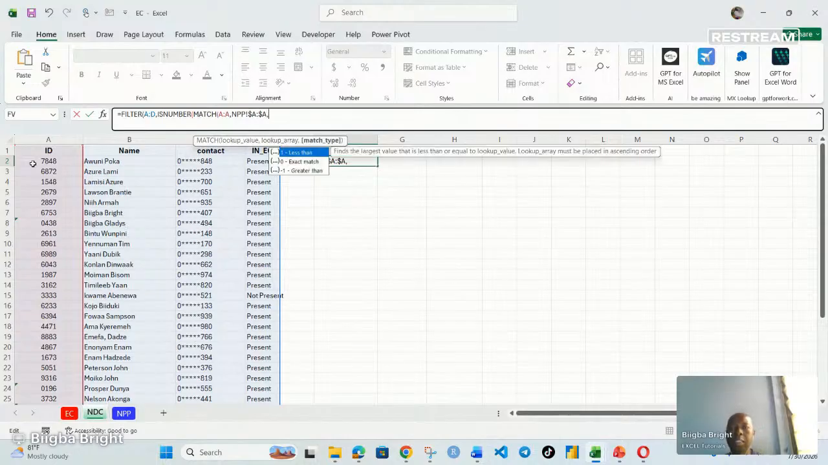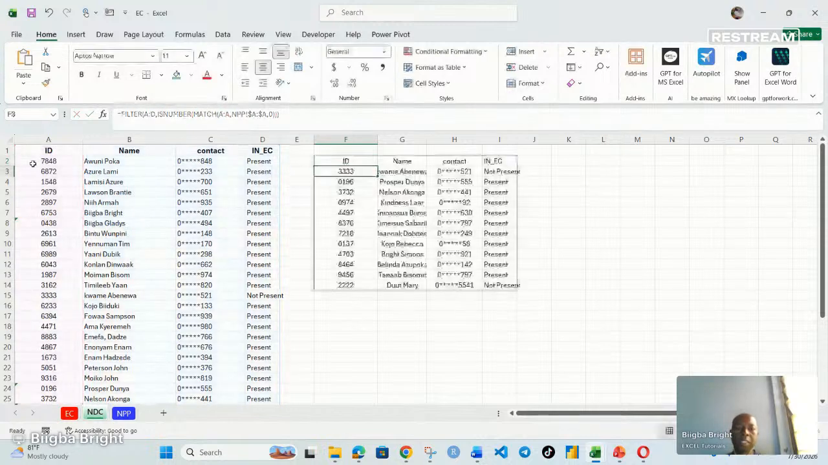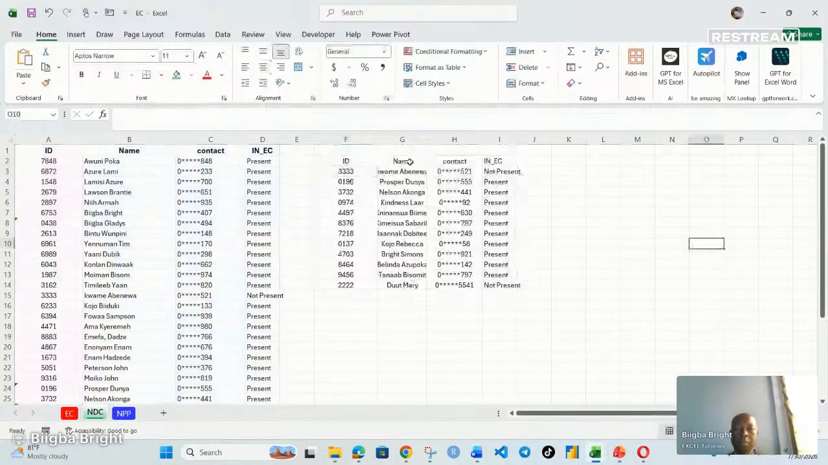And then that's it. So we are looking for exacts. So we'll put 0 over there. In this case, we are not using an if condition. So we simply close, close again, and close for the last time. And we are done. When we do that, it will filter out those who appear in NDC and also in NPP. So we tap enter, and you notice that all the values, these are the ID numbers of those,